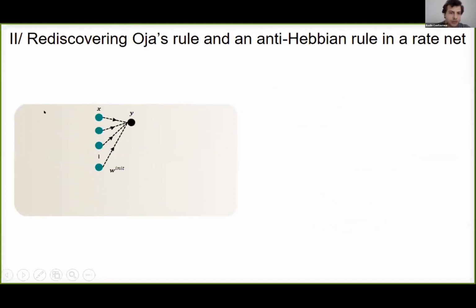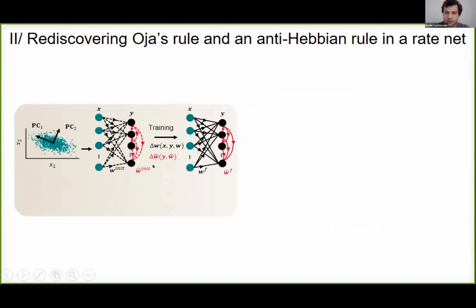So we take the same network as before, but now we add more output neurons and some hierarchical connectivity within the output layer. The architecture is fixed here, not learned. But if you simulate this network with Oja's rule for the black connections and an anti-Hebbian rule for the red connections, you find as many principal vectors as there are output neurons, and which again we measure with a loss function. But now we have two rules, and both are parameterized in the same way as before.